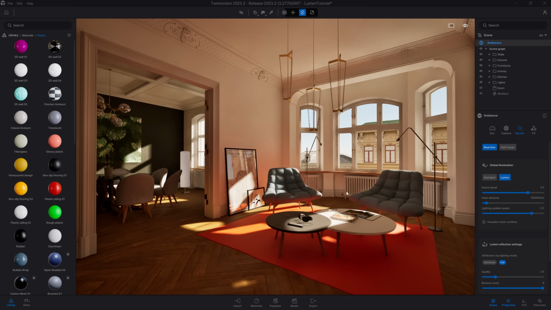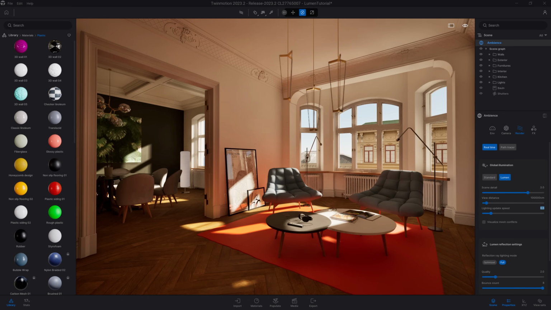And it really depends on the kind of scene you are working on. Here I only have those windows that bring light inside our project, so that's why I have a lot of those artifacts. If you have some bigger window, bigger entry of light, you won't see them that much, and you will be able to increase the lighting update speed. In this project, I will leave it to 0.5, which is a fine balance for this scene.